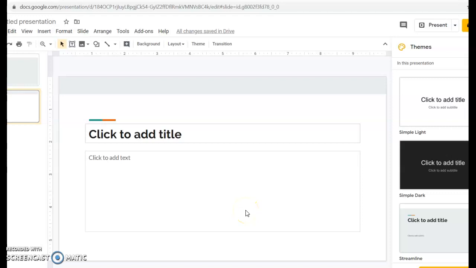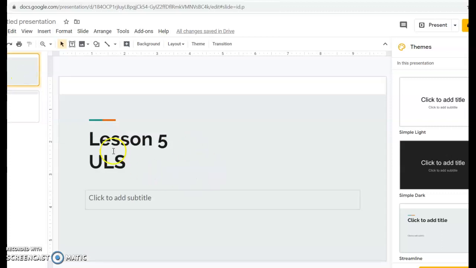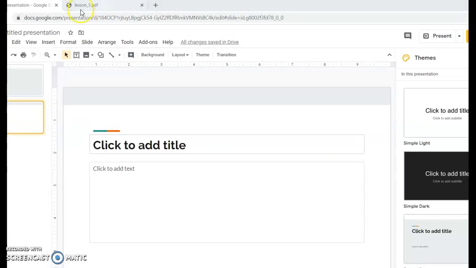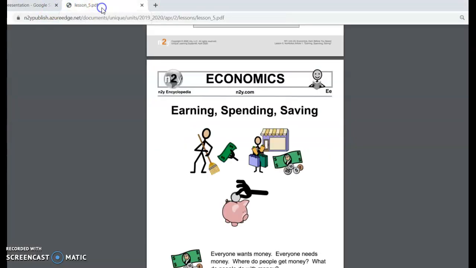Hi everyone, I'm just going to show you quickly how I did lesson 3, and so I'll be creating lesson 5. So first, you want to create a Google Slides or a PowerPoint. I just prefer Google Slides because I can share it with others. And so first, here we go, lesson 5 ULS, and you're going to want to open another tab where you've